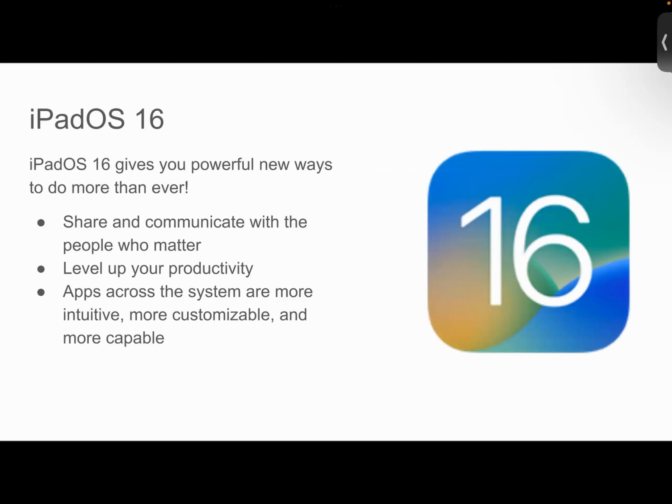So today, again, we'll be covering iPadOS 16. OS stands for operating system. This update gives you powerful new ways to do more than ever. You can share and communicate with the people who matter, level up your productivity, and apps across the system are more intuitive, more customizable, and more capable.